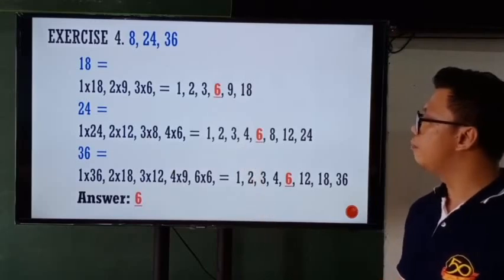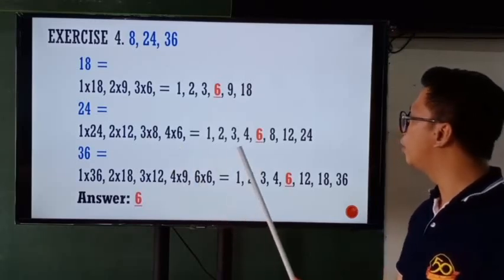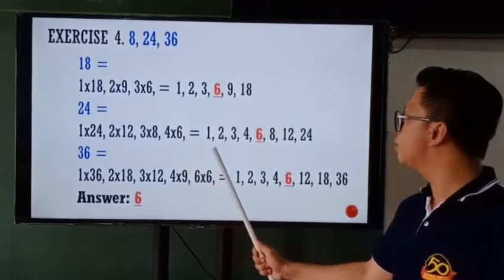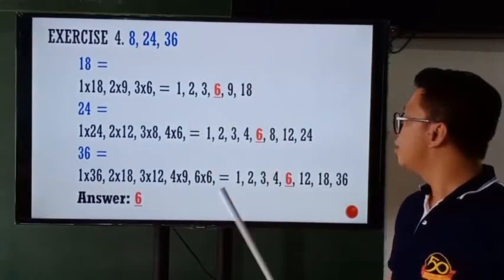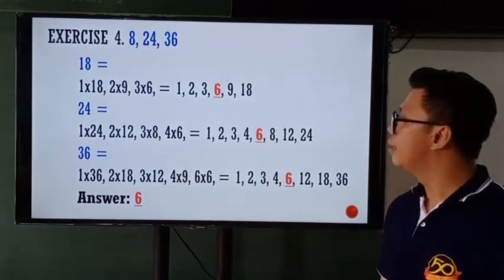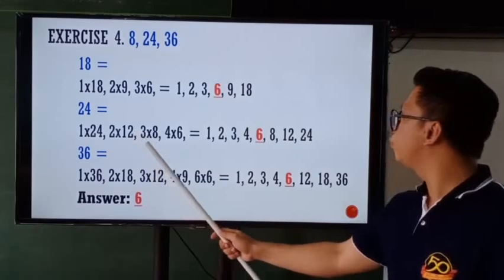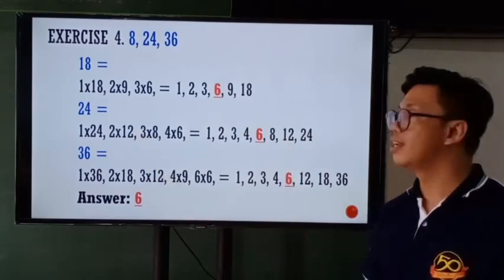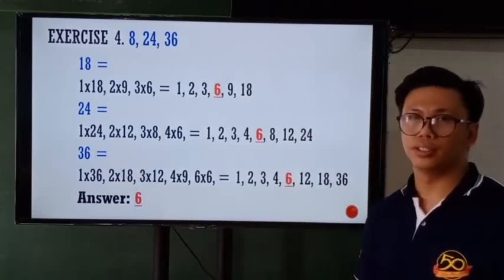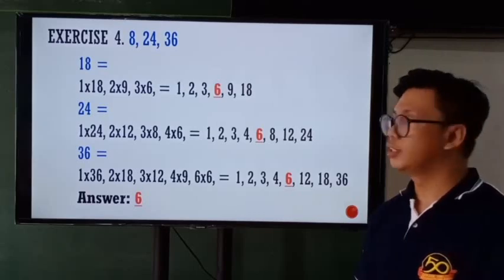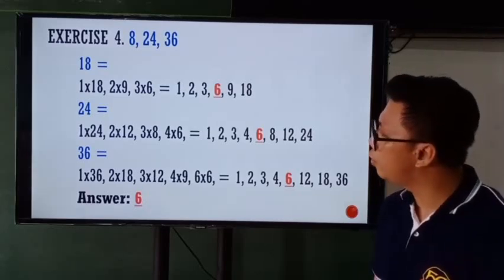Next to 3, we have 4. We will write 4. What's next to 4? We have 6. So we will write 6. Next to 6, we have 8. We will write 8. Next to 8, we have 12. We write 12. And the last number is 24. So that is the factor of 24. So let's go to the next number. We have